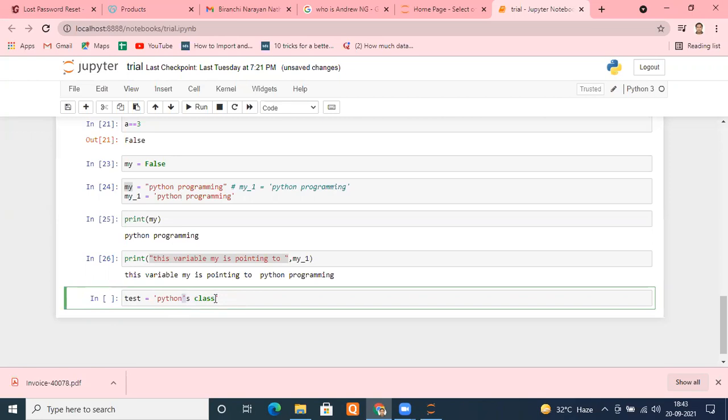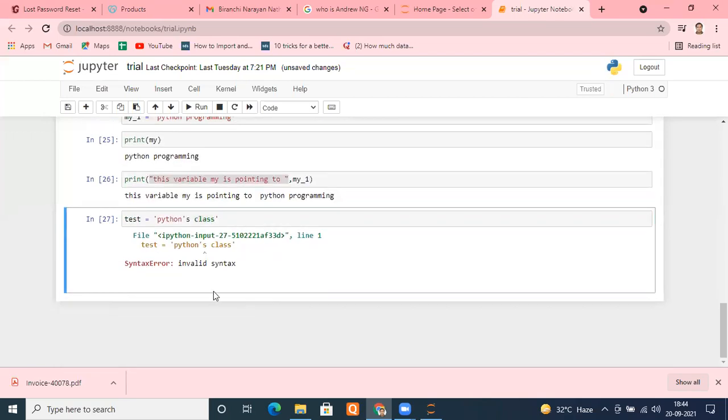Why? Because how will Python understand whether this is a string termination quote or the special quote that you have put here? It won't be able to recognize. It will immediately terminate here. Once it is terminated here, it's fine, but after that you are writing some text characters, and it won't recognize what they are. It will throw an error. Can you see that? Invalid syntax.